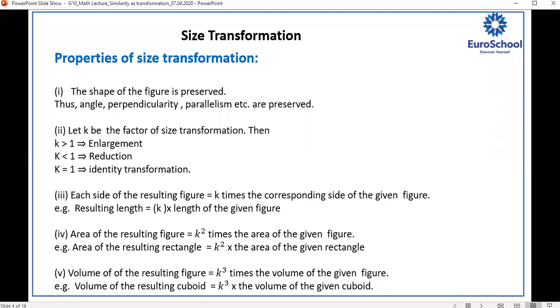Why do we have to multiply with k square, not only with k? Who will answer me this fast? Anisha? Ma'am, can you repeat? Why do we use k square when we have to find area? Ma'am, because area is equal to length into breadth. Yes, area has two dimensions. It's not always length into breadth. Exactly. Whenever we find area, we always multiply two dimensions. So when we multiply two dimensions, we have to multiply the scale factor two times.